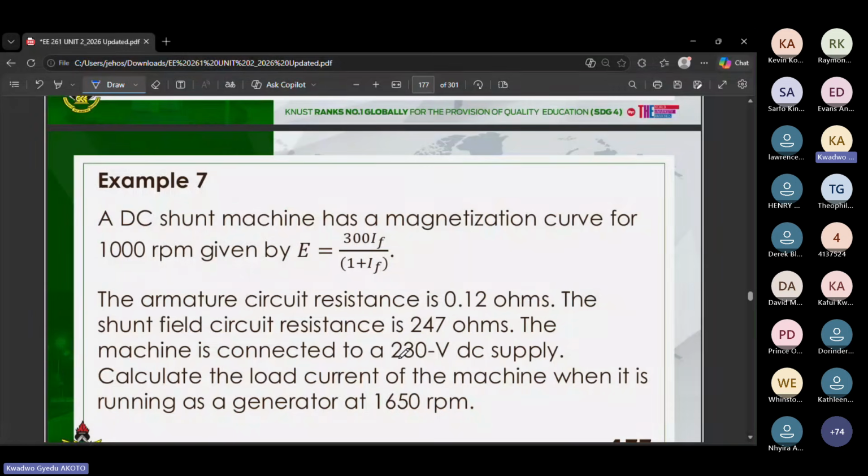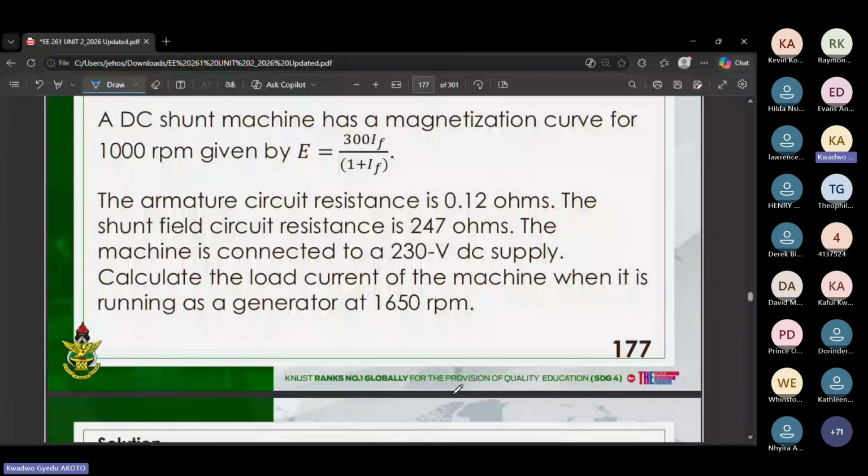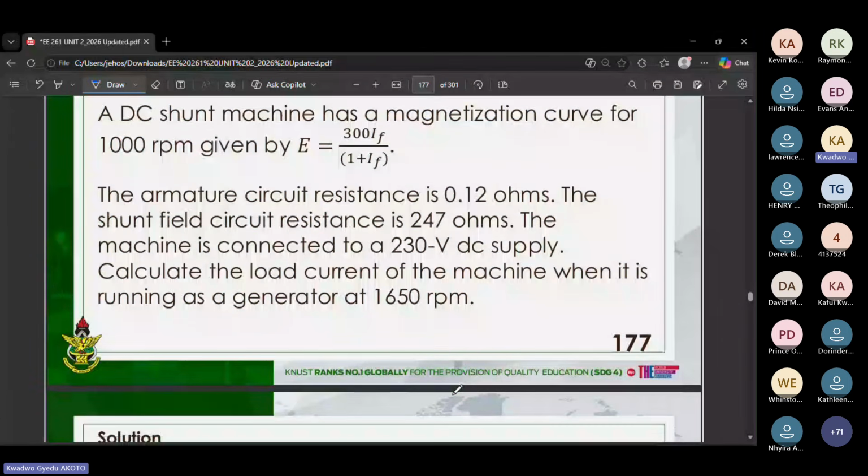The armature circuit resistance is 0.12 ohms. The shunt field resistance is 247 ohms, and the machine is connected to a 230 volt DC supply. Okay. Calculate the load current of the machine when it is running as a generator at